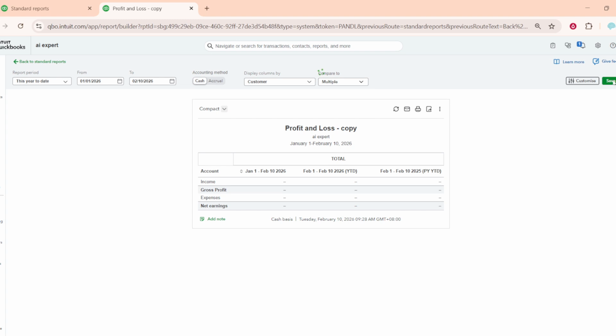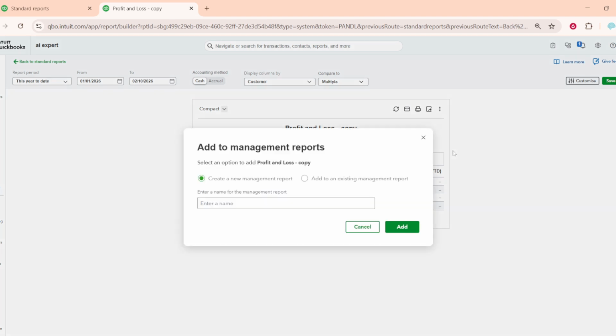Anytime you need to make changes, you can edit or cancel scheduled emails from your custom reports list. Open the drop-down next to the saved report and select Manage Schedule to adjust recipients, timing, or turn the schedule off. And that's it. With the email icon, QuickBooks will deliver your report instantly or on the schedule you set, so the right people stay informed without extra